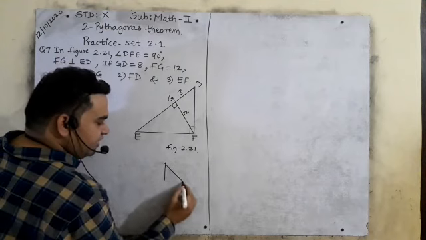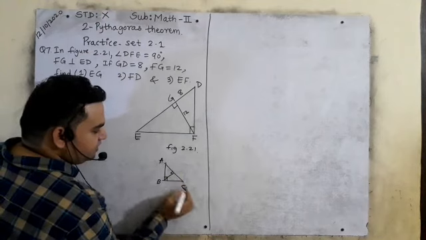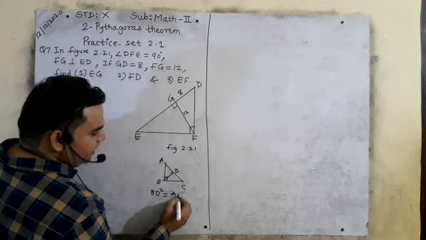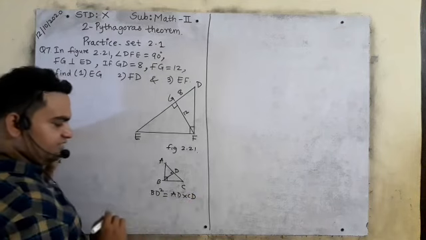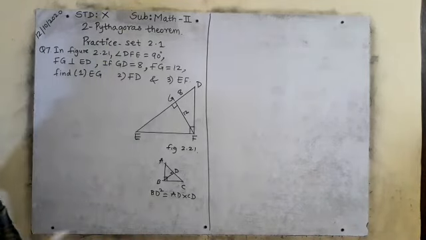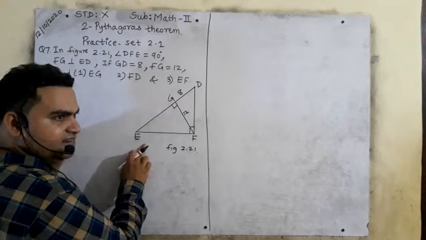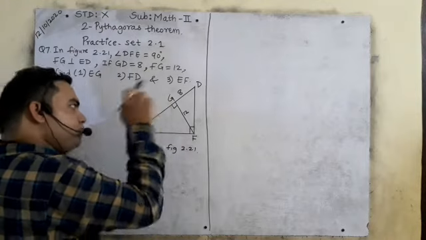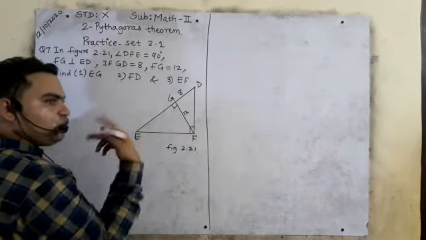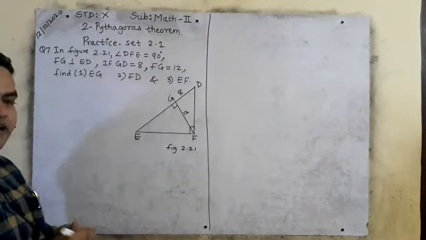See, like this we were having a right angle triangle, and if you have drawn a perpendicular, so this is ABC and this is D. So BD is a geometric mean. So what do you use? BD square is equals to AD multiplied by CD or DC. Is it clear? So this is geometric mean. So this is also a geometric mean formula. Can you see the figure 2.21 on the board? Yes. See, DFE is a right angle triangle, and FG is perpendicular on ED. So FG is the geometric mean. So you will use FG square is equals to DG multiplied by EG. That is the theorem of geometric mean.